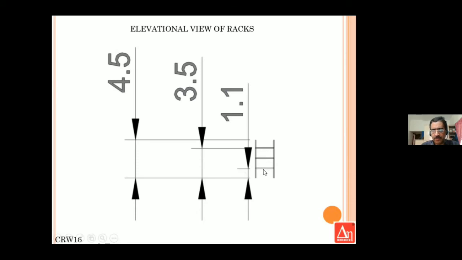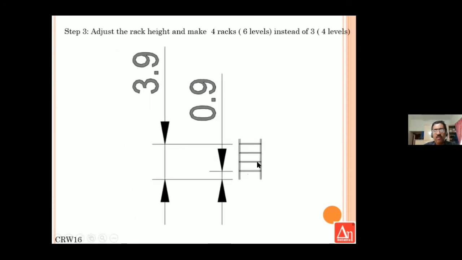This is the existing 0, 1, 2, 3. So you have 4 levels in the existing condition. In the elevation, you see that the first level is 0, the second level is at 1.1, the third level is at 3.5, and the fourth level is at a height of 4.5. Now you can slightly modify this to make 5 levels as follows.